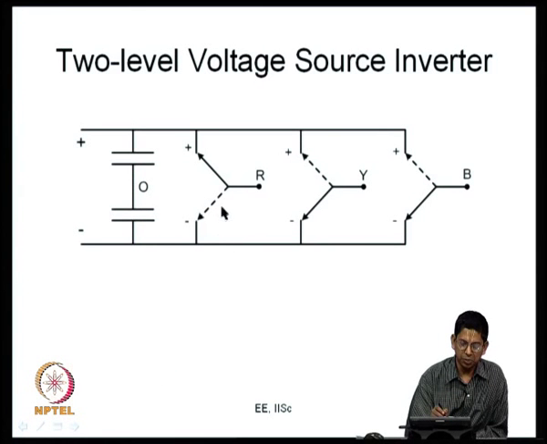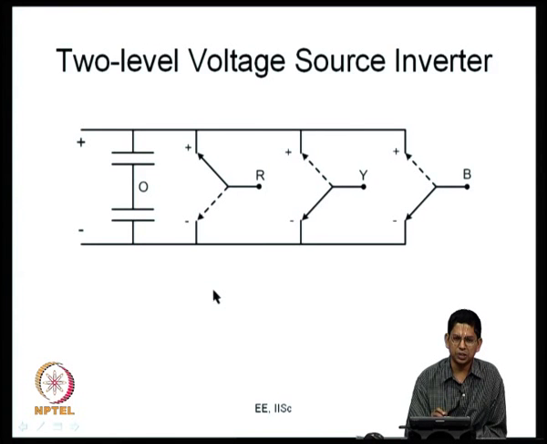In the case of IGBT inverters, typically IGBTs switch up to 20 kilohertz. So, you may find 5, 10 or 20 kilohertz. These all depend on the choice of device, the application, the rating, etc. When you come to still higher power converters, you will switch the devices at lower frequencies. As the rating goes on increasing, the switching frequency is low, and at very high power levels you will tend to switch at fairly low frequencies.